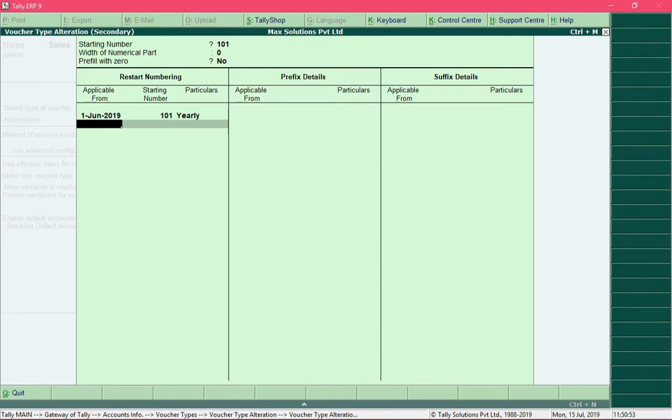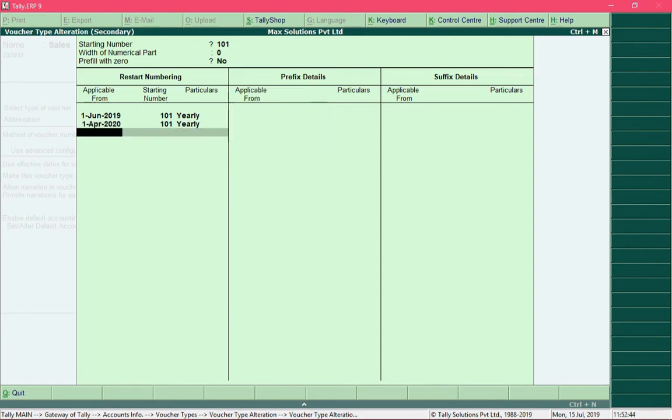Now in the next line you can specify another series and its applicability. So I want this new series to begin at the beginning of new financial year, and it should begin with the number 101, and it should continue up to 1 year. So notice that the first series would be applicable from the month of June, but from the next year onwards I want the series to begin from the new financial year itself. So I am specifying that information here itself.